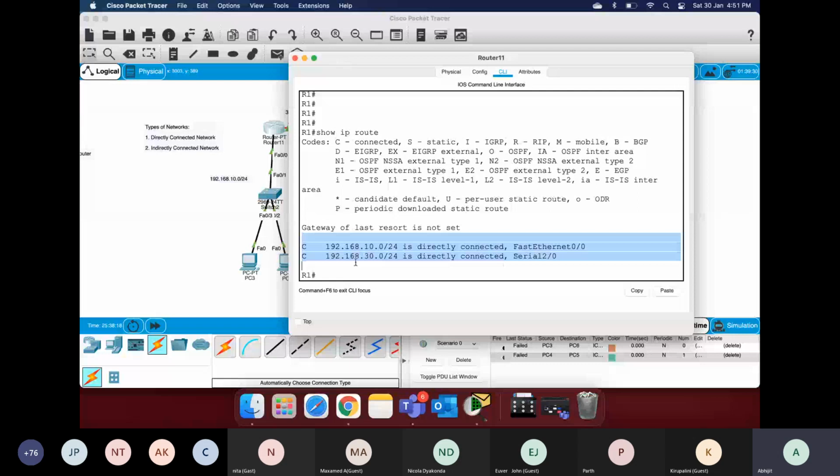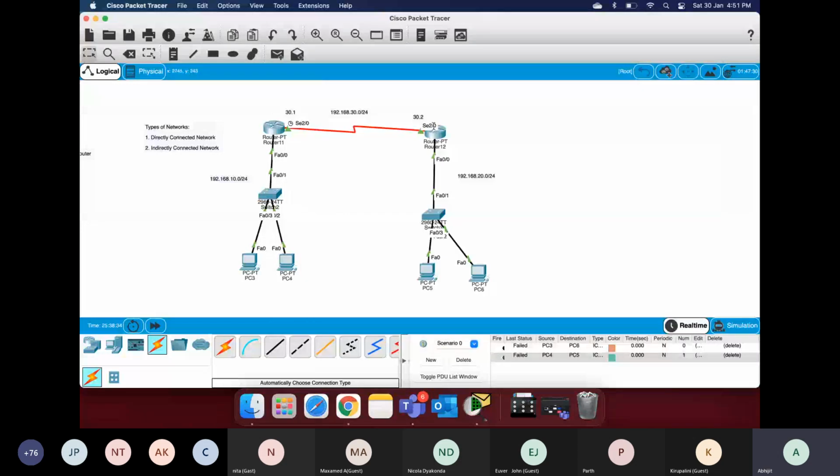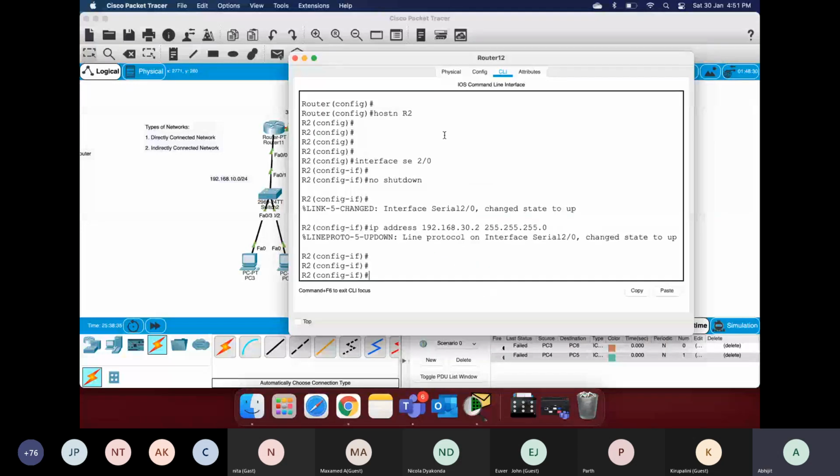So currently my router only knows about 192.168.10.0, and it knows about 192.168.30.0 as well. Make sense? But if I check about R2 and if I run the command called show IP route,